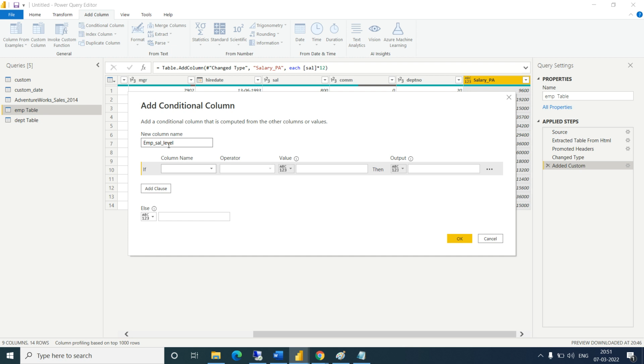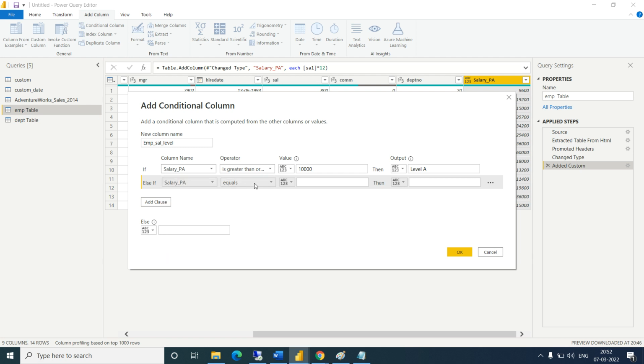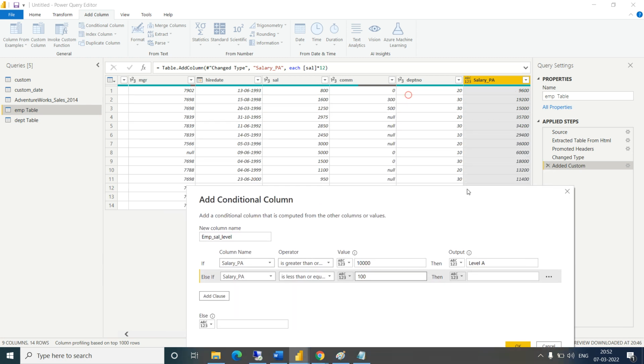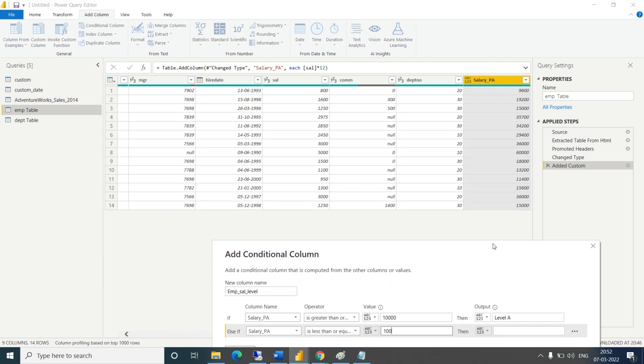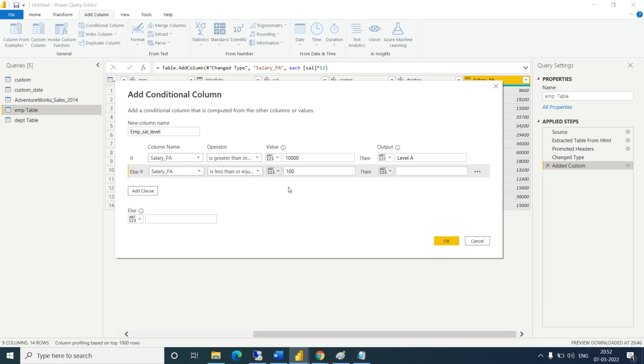If salary per annum is greater than or equal to, let's say, 10,000, then he must be level A. In the Else If clause, if salary per annum is less than or equal to, let me check the lowest value here.